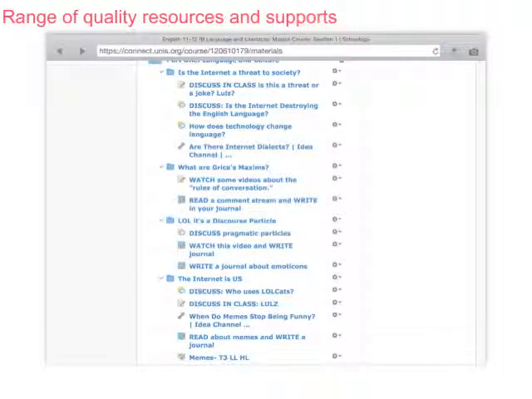The 4th standard refers to providing a range of quality resources and supports, and this, I believe, is done in this unit through not only the variety of content. It involves text that must be read, videos that have to be watched, also these Educanon pieces. There is a TED Talk lecture. There are Twitter and Tumblr feeds that will be read. You can see a comment stream to read,